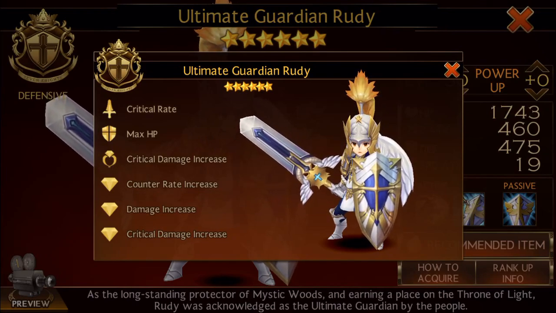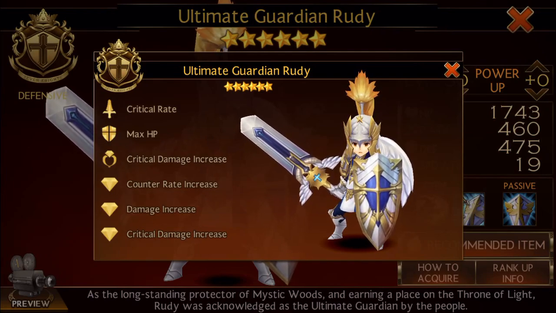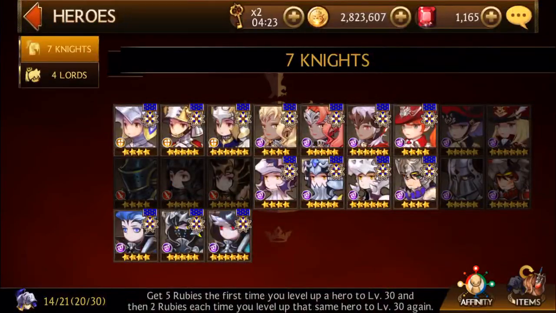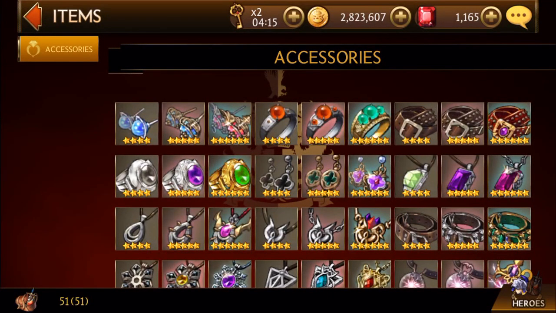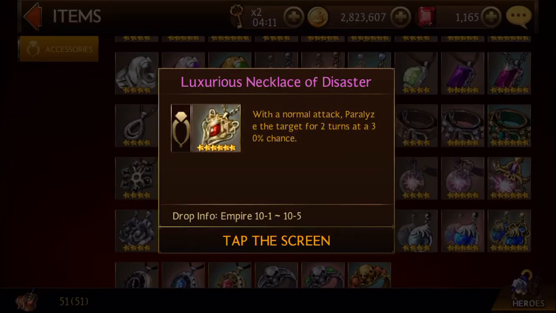For accessories, I really don't know why they say crit. I completely don't agree with it. For accessories, you could do block. You could do lifesteal, honestly, too. But thing is, he doesn't do much damage, so you could do lifesteal. Or